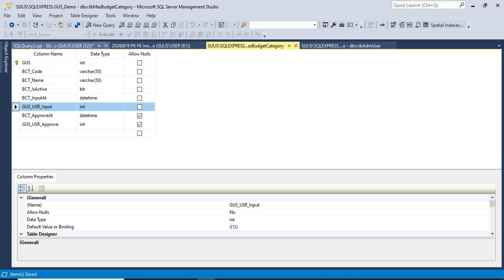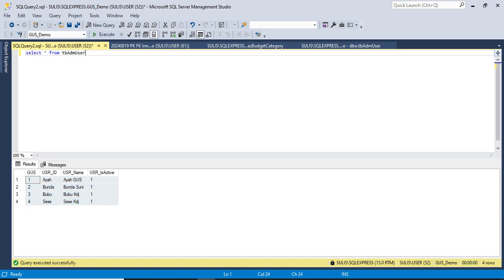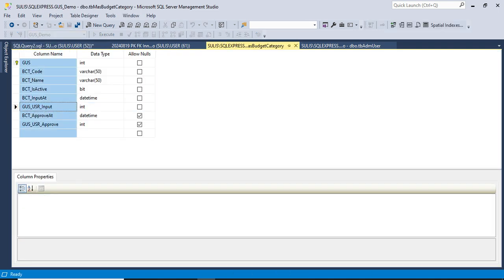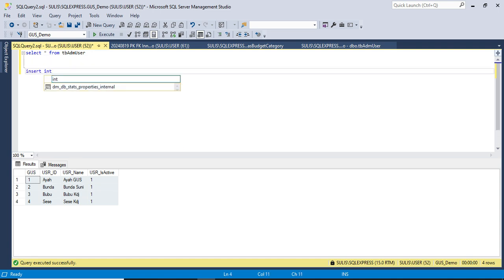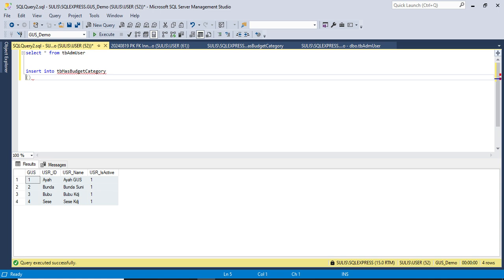Now I will demonstrate how this relationship works. I want to insert data into table master budget category. New field. I don't want to input approve add and approve user.